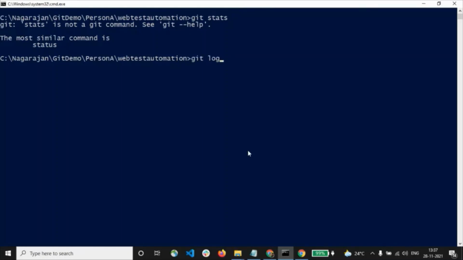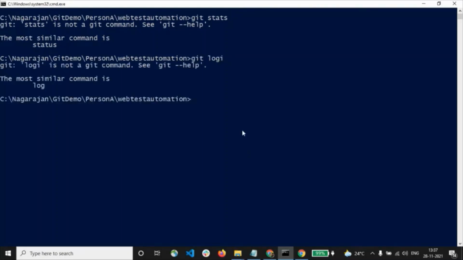And let me put git loggy as well. It is not able to understand this incorrect command. So that's about the autocorrect option. You just need to know the various options that Git provides for us. These commands will definitely be useful when we work with real-time projects, so please be sure to understand all of them. That will definitely help you when you're in desperate need.